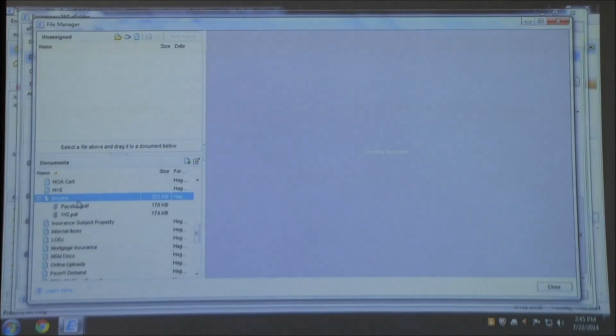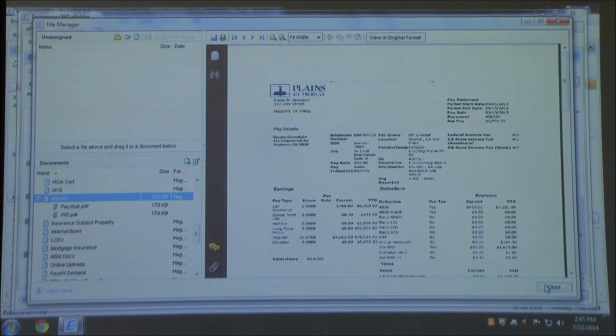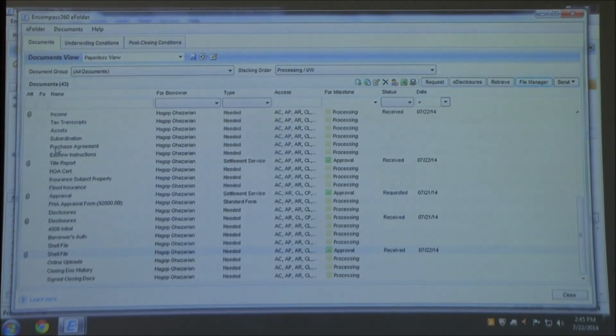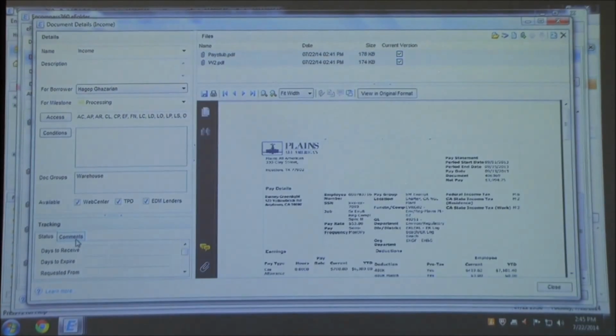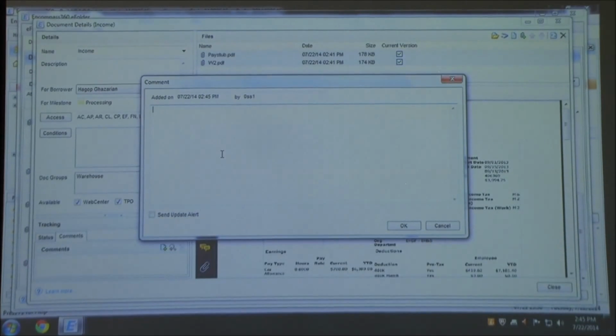Move that one into the income as well. So now they're viewable for the underwriter. Once they're in there, when they're actually calculating their income, they're gonna come into this comment section in the tracking, and they would make a comment right here, would be